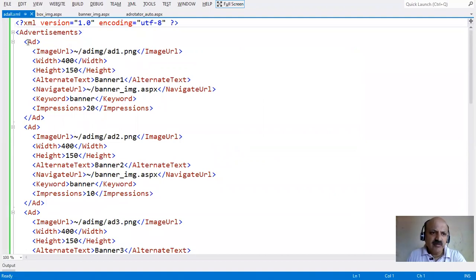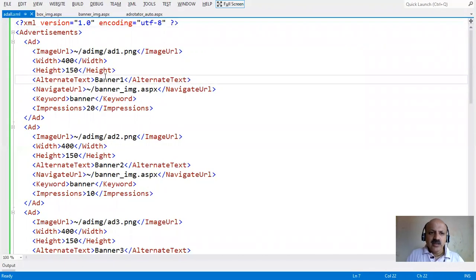Advertisement is the root tag, one Ad set has 7 child tags: ImageUrl, just the path of the image; Height and Width, the height and width of the image; AlternateText, if your browser does not support this image format, then the alternate text is displayed in place of the image; NavigateUrl, where you can bind any website or any web page reference; and Keyword, with which you define the group; and Impressions, how many times you can rotate your